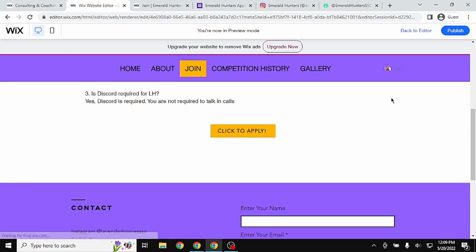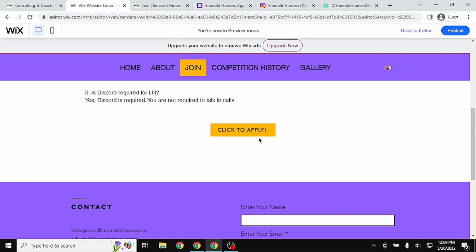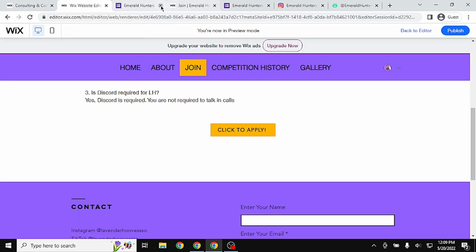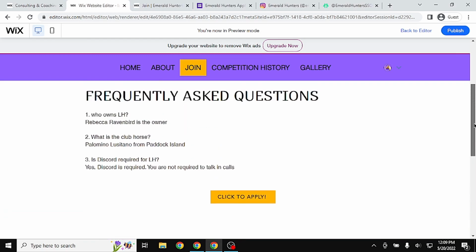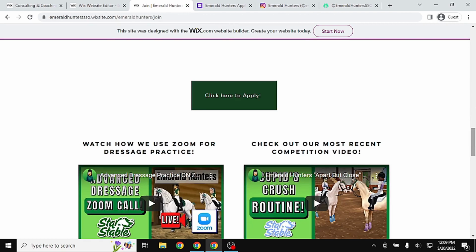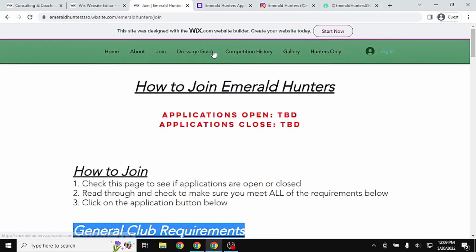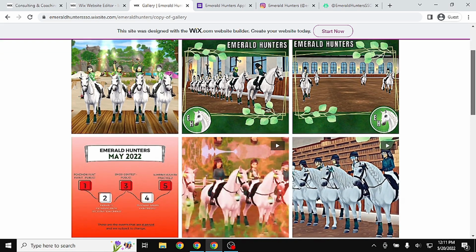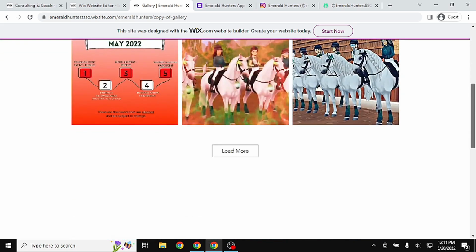All right, so you want to set up your application ahead of time if you have a Google form application, but now it's going to open up here. Okay, so it's going to actually open up to do something. All right. So we have basically finished the join page, and the next thing we're going to talk about is the gallery. So the gallery for Emerald Hunters on the website basically is a little bit of a lazy approach,